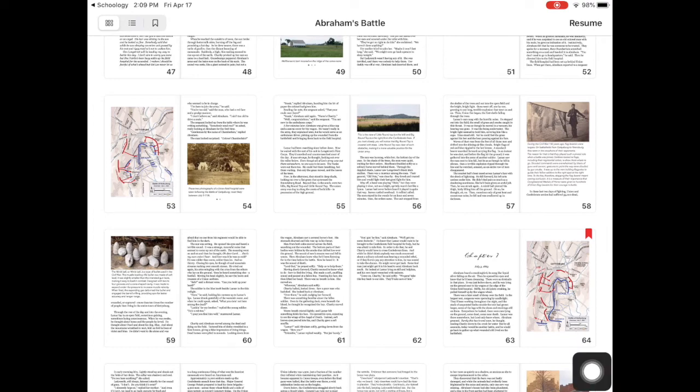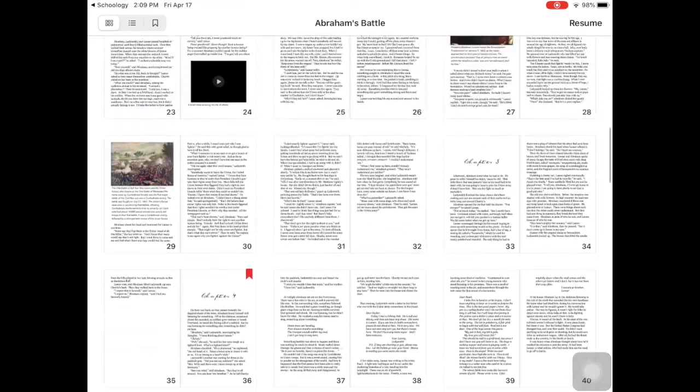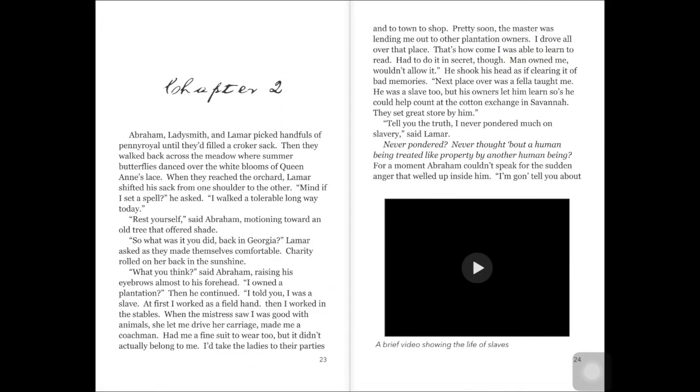There are a few in-text features that this ebook provides. And the first one occurs in chapter 2. So I'm going to click on that page, and in chapter 2 you will see that there is a brief video that is embedded in here, and if you want to watch the video, just tap on that button and you'll be able to watch. It's a 10-minute video on the life of slaves. Another option,